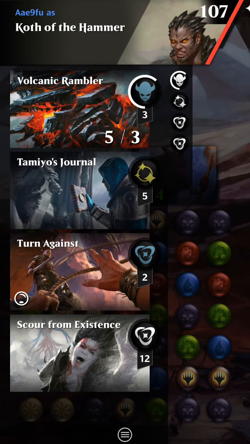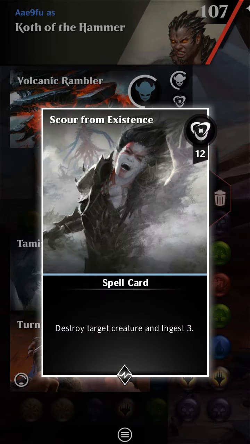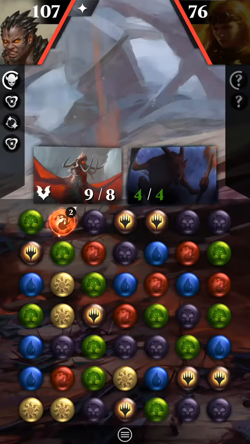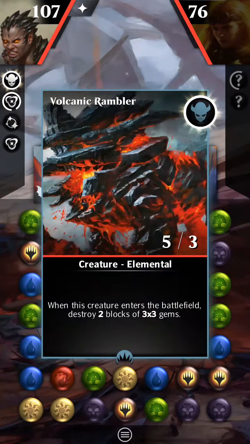It's actually the second time I've made this video. The first time it didn't save. So I'm going to go like this. I actually added Scour from Existence. My one loss had this in it, and I think it really does help because it's a manageable card. It's manageable to get 12